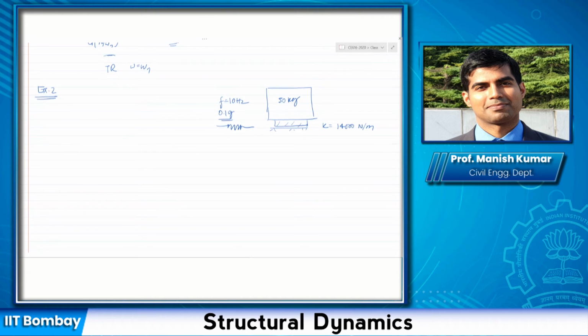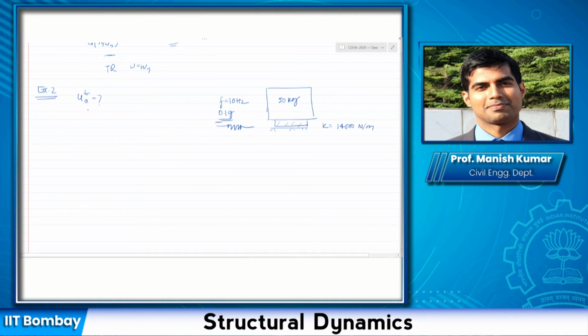So usually these kinds of instruments come with a certain threshold, that the acceleration experienced by this machine should not exceed a certain value, let us say 0.005 G or something like that. Okay, so we want to see, if this is the vibration, how much of it is actually getting passed to this system, and then we will see whether it is safe or not. Okay, so let's find the value of the acceleration.